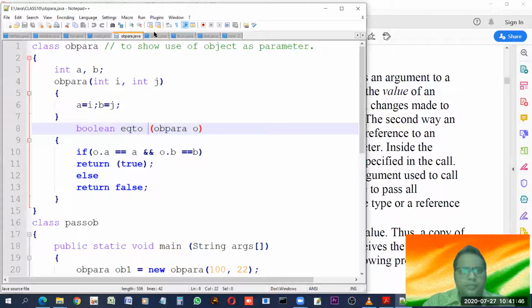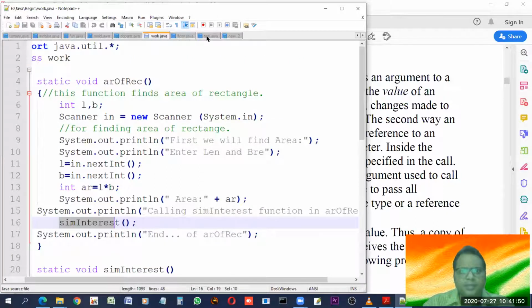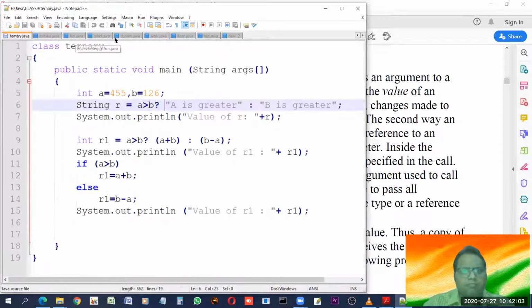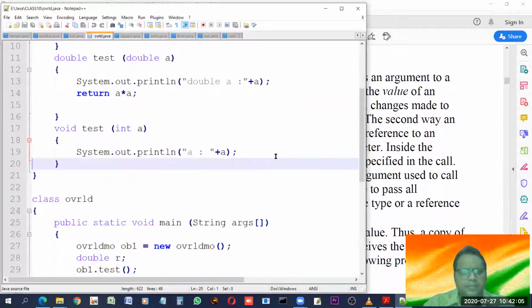For that, let me show you simple programs having arguments in them. Look, overloaded.